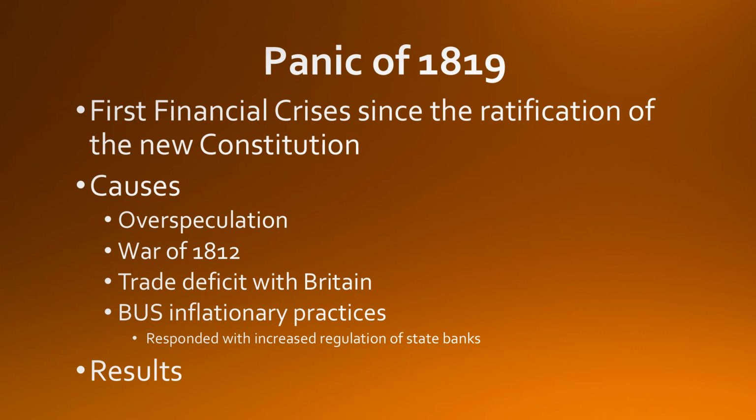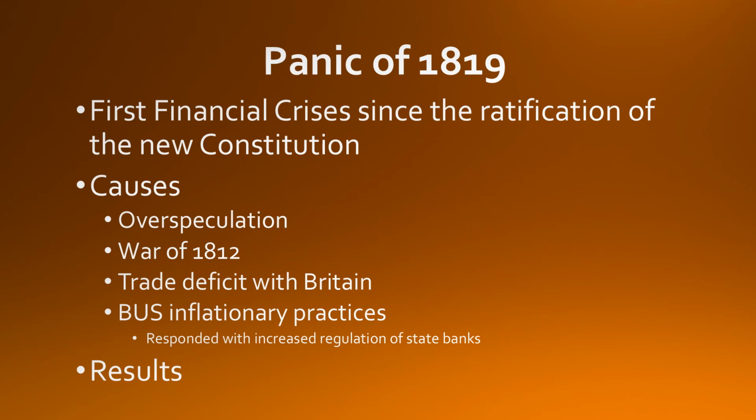The results, we'll see quite a bit. Number one, continued increased opposition to the bank, especially by Western farmers. They view it as an evil monster. Later on, when President Jackson becomes president, he kills the bank. He's from the West. Poor classes were very hard hit, and we'll also see this result in later on with Jackson's presidency. We see a new democracy and increased suffrage for the poor.